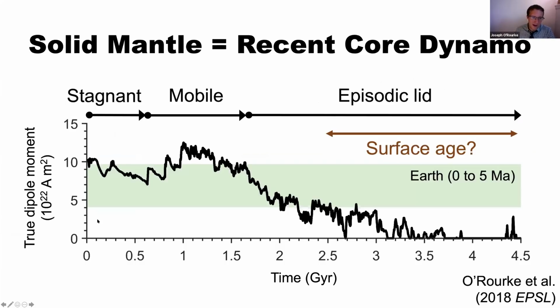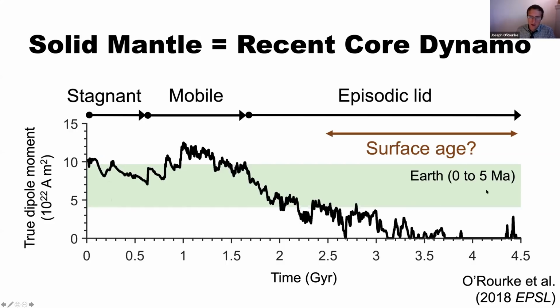So I've run a lot of numerical simulations that have mantle dynamics codes similar to what Professor Mingming Li does here at ASU. One output of these codes is you can predict the heat flow from the core into the mantle when you're modeling the mantle dynamics. And the heat flow out of the core can be translated into a prediction for how strong the magnetic field is over time. There's a lot of details that go into them, but these models predict that Venus had an Earth-like field for billions of years. In fact, it potentially had an Earth-like field until times that are within the cratering age of Venus, possibly within the surface age. And this is for a conventional model where the mantle of Venus is fully solid.